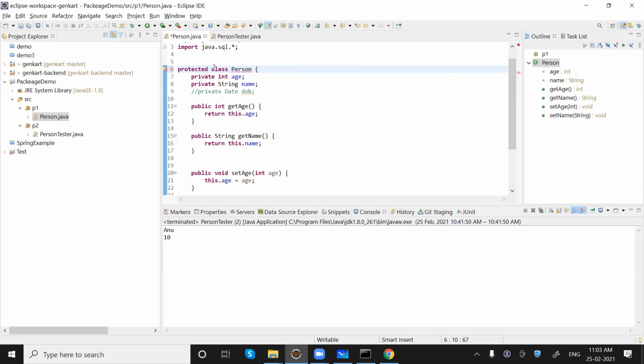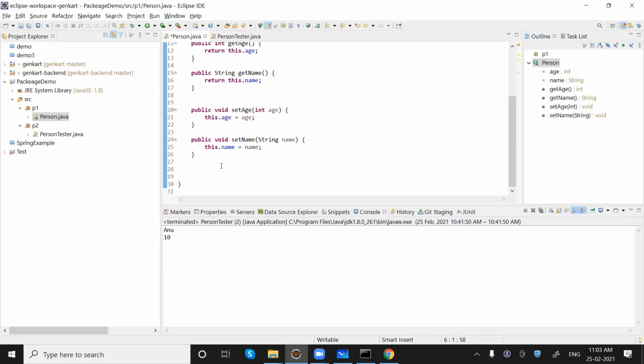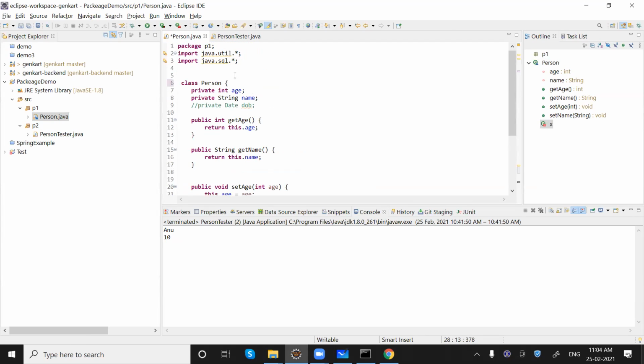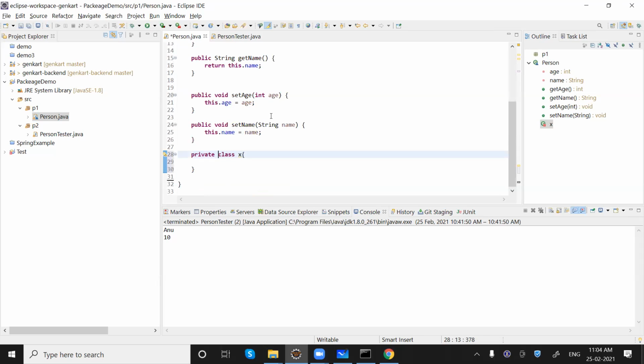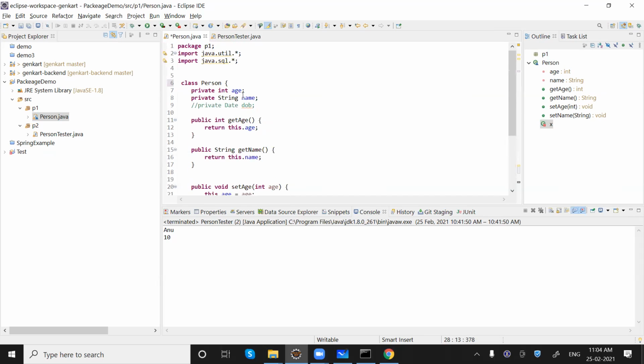Same. But we haven't learned inner classes yet. For example, if this Person class has another class, let's say X, we can make it private. But I'm talking about outer classes. Make a note: your outer classes can have only public or default access. For default, we don't really need to write anything.